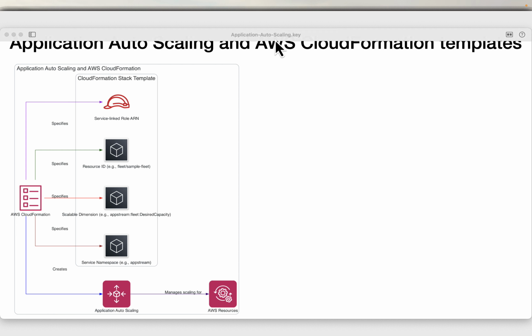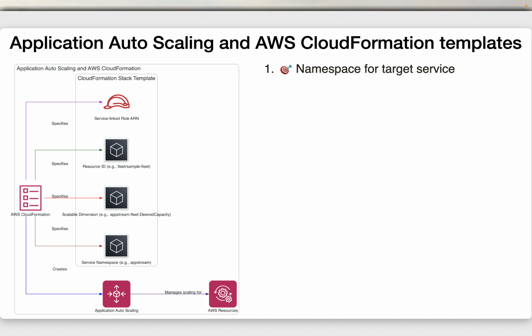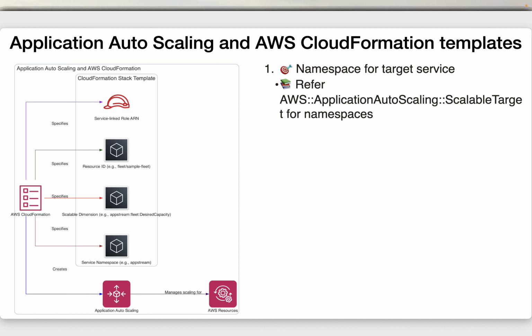So you don't have to provision something from CloudFormation first, then later on go to the resources and add those values for application auto scaling. You can just start from the very beginning through CloudFormation. So when you create a stack template for application auto scaling resources, you must provide the following. First is a namespace for the target service. For example, something like AppStream. This is a specific value within the CloudFormation template. So it's something like AWS::ApplicationAutoScaling::ScalableTarget. That will reference